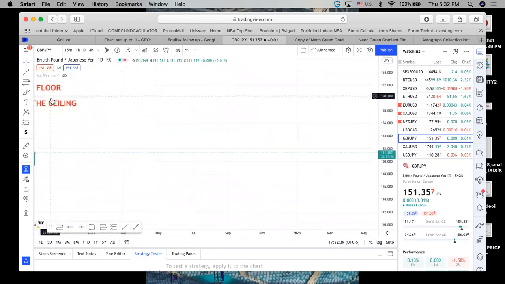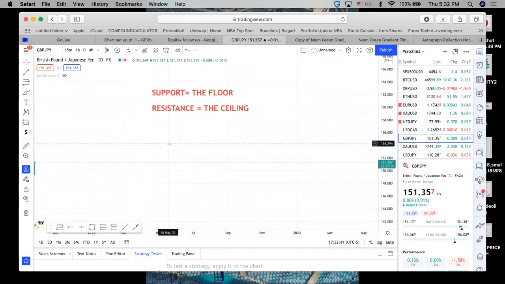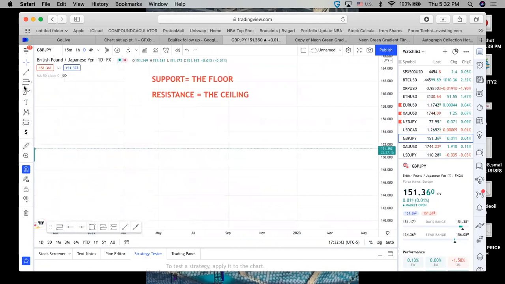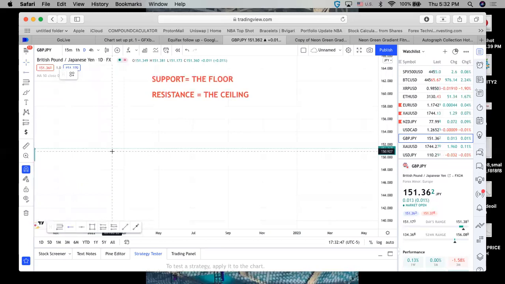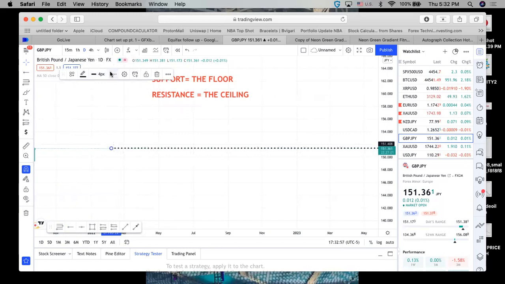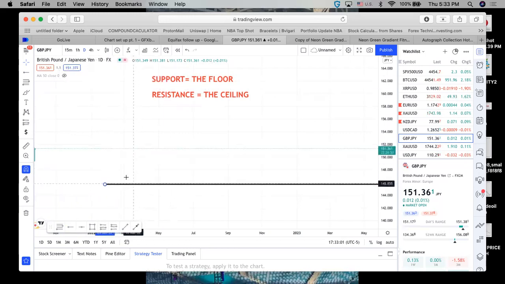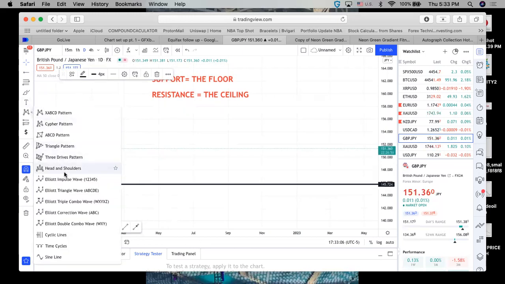So I'm going to draw a picture for you over here actually before we show you the charts, okay? So let's just do this, okay? So this is going to be my support. This line right here is going to be what we call support. Now if I were to actually draw out price moving,